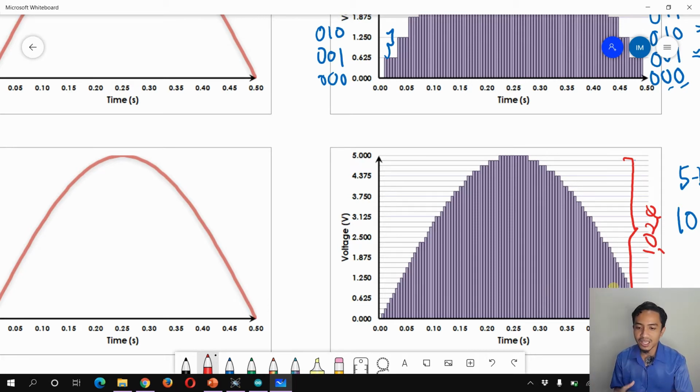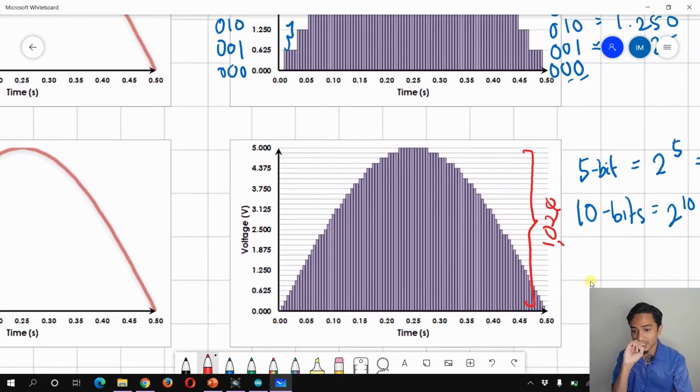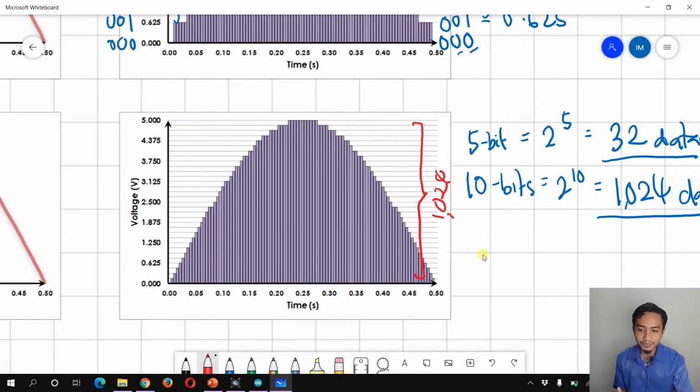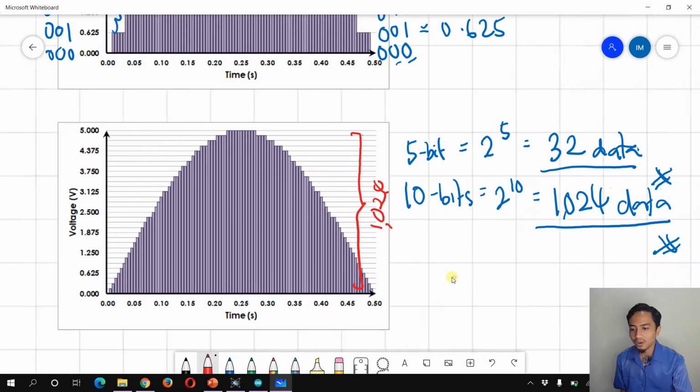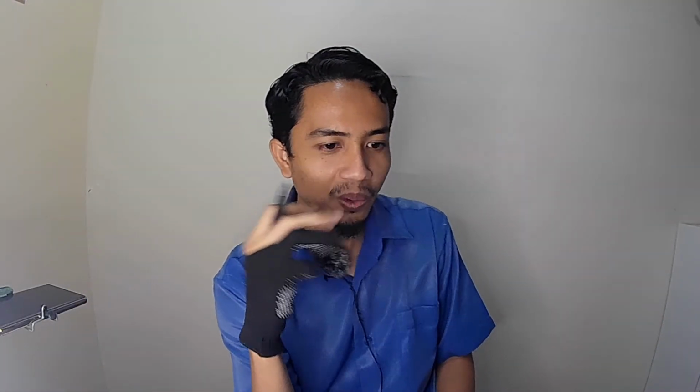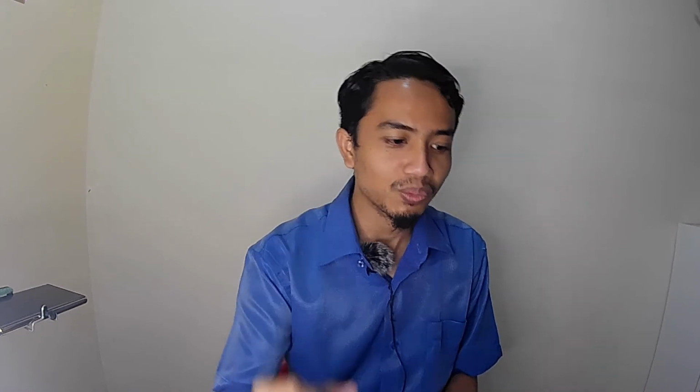So every decimal value here has its own digital, binary representation, up to 1024 different binary data. So again, this is the basic concept of analog to digital conversion. Now we know the basics of how analog to digital conversion is done, and now let's move on to our